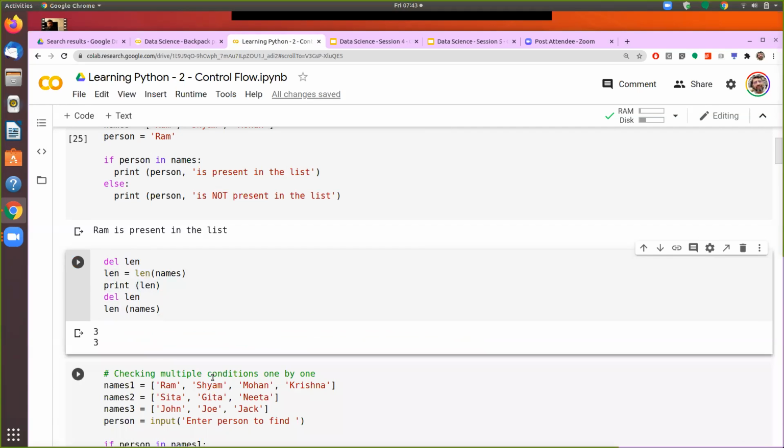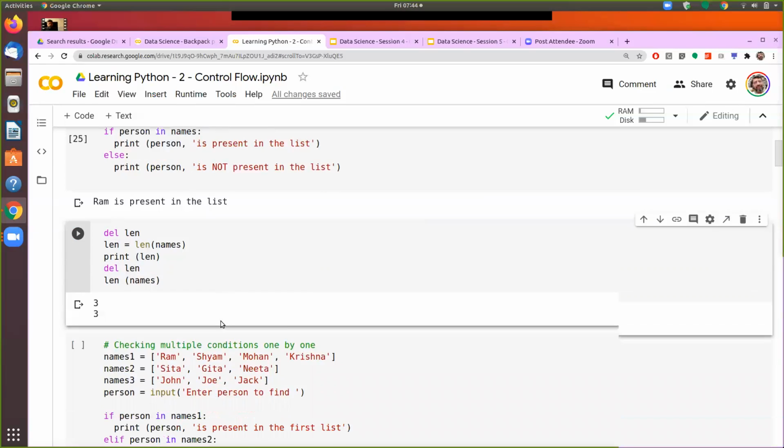So in case a variable is there in the memory, and if you want to release that, we will use del and then give the name of the variable to delete it. That would be a handy function at certain points in time. But it was the first time I even tried using a variable name which is actually a syntax, and that's where I got a problem. So this is one way to release the variable from the memory, and then you can continue to work.